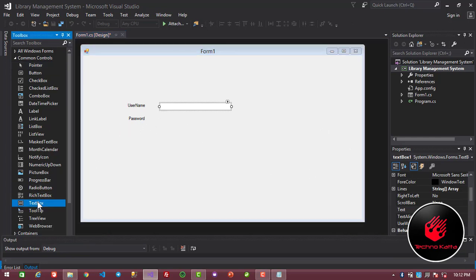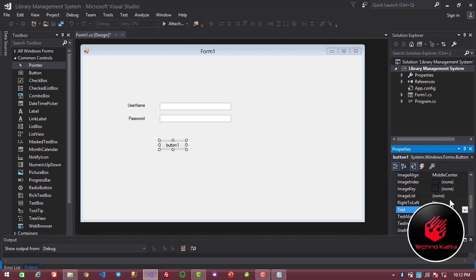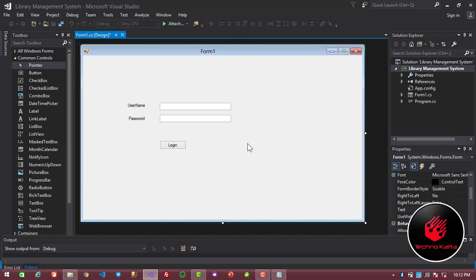And we want one more text box, so I am adding this. So we want one button. Change the text from here, which is Login, and click here. You can see our form has been successfully created.